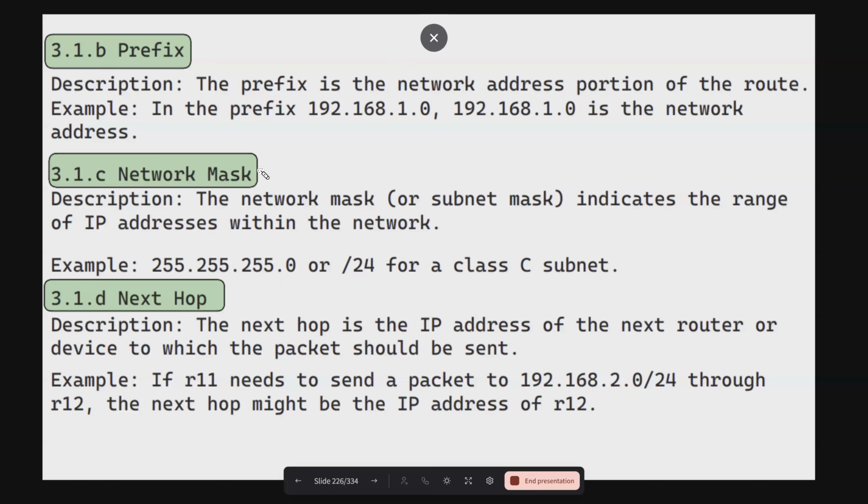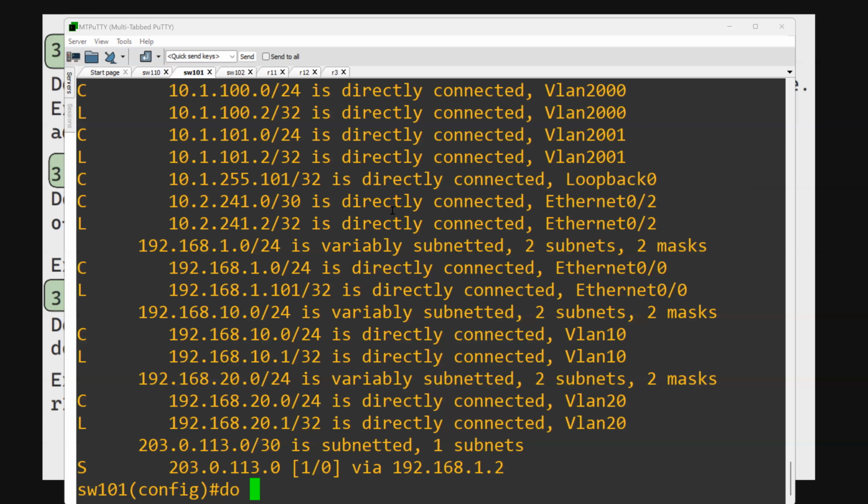So coming back here, you can see the prefix. What is that prefix? Prefix is the network address portion of the route. You can see this is the prefix. And if I create a static route, prefix means that is your destination prefix. Then subnet mask. If you see here, the subnet mask is /24. It may be your destination subnet mask where you want to reach. So if you see the statement that I have created, ip route, see,